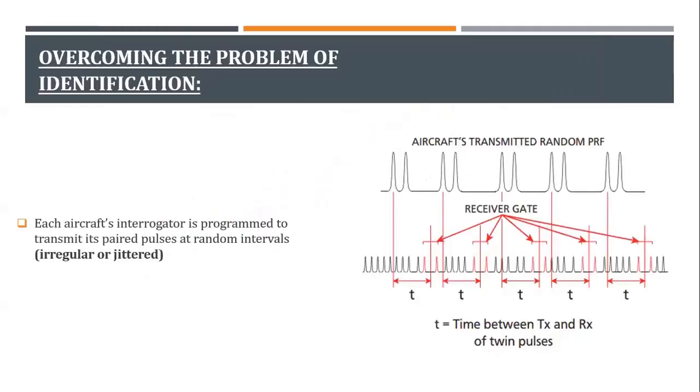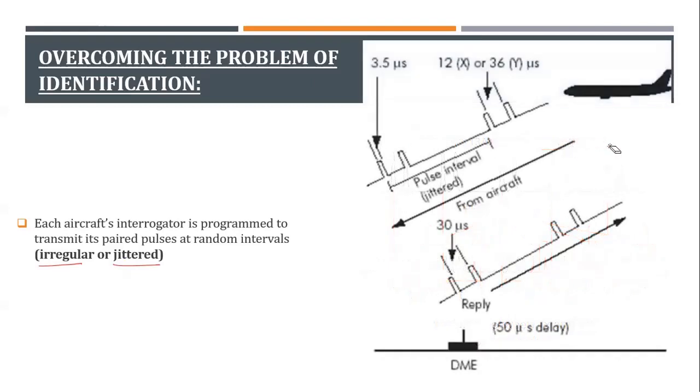Good. This randomness in the pulses is determined by the aircraft's own system, so it will send out a random signal. That random signal will be copied, so it will only accept those same random signals when they come back from the station. So it's irregular or jittered, but the aircraft will always remember what it sent out. That is a good thing. So it happens like this, what I've explained to you. These are the bands. If you remember, I just told you X and Y bands.